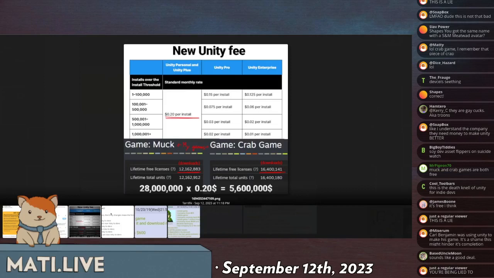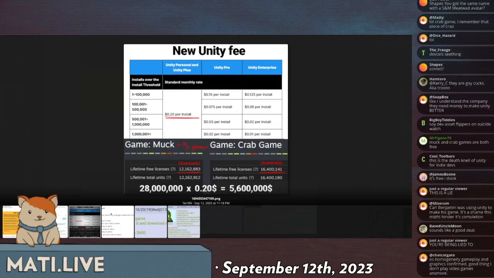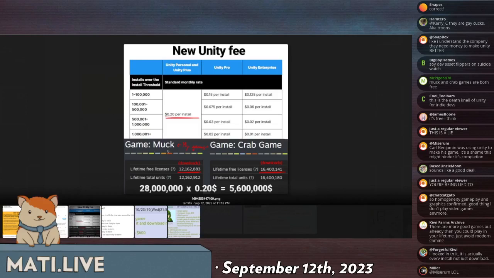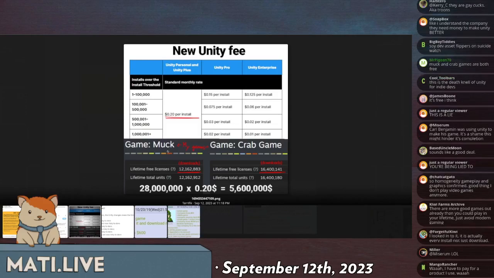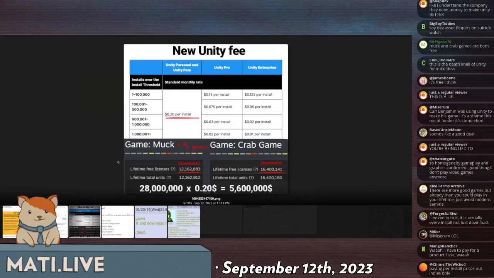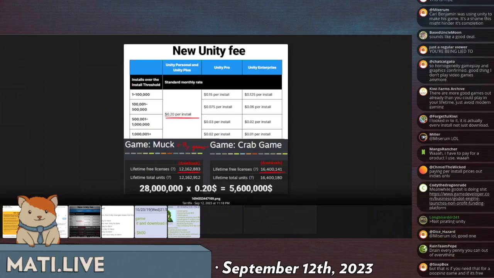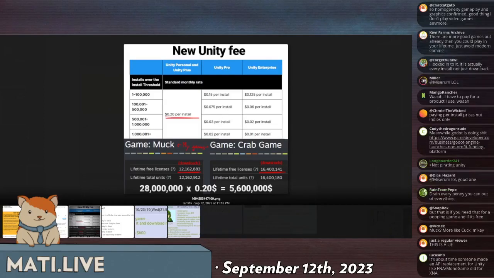What they're trying to do is get you to buy the subscription. Unity Pro, I want to say it's $200 a month. I'll look this up very quickly because I think this is public. Enterprise is not public. Okay, it is $2,000 per year per seat. I think if you buy it per year, you get a little discount. So it's $2,000 per person. If you have a team of 5 people, then you would have to pay $10,000 a year for your licenses. But then obviously, if your game is getting installed millions of times, you would save that and much more,